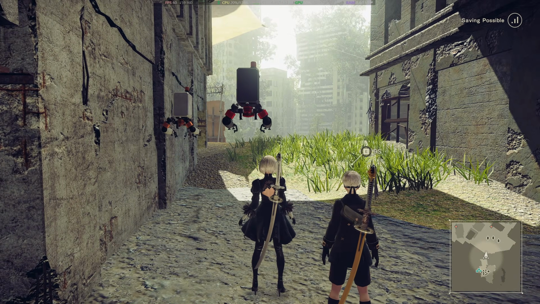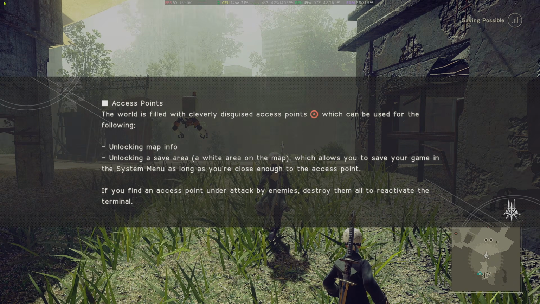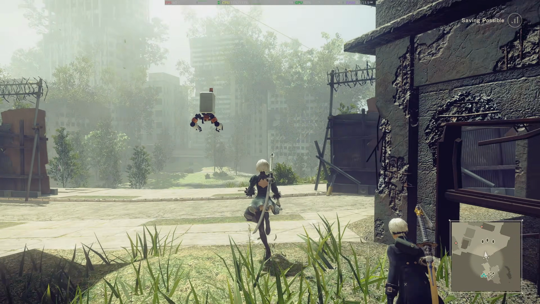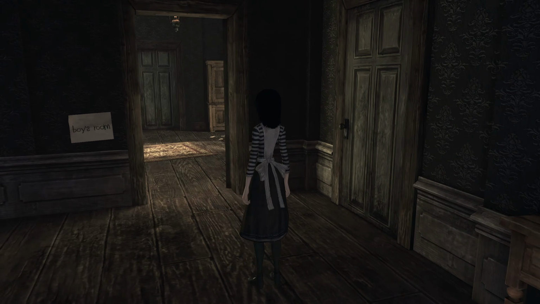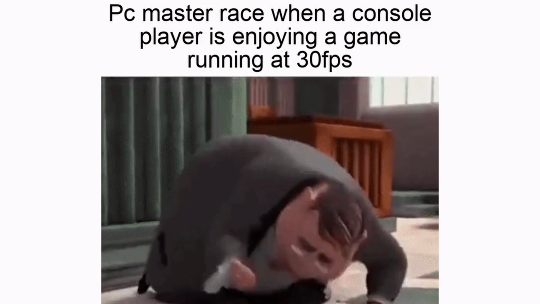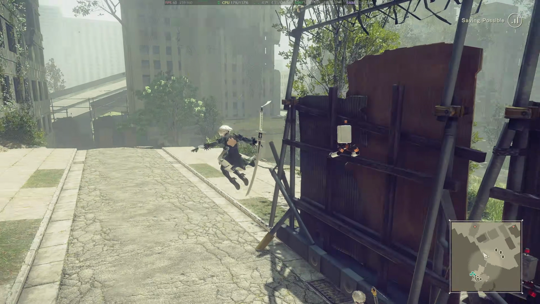If you love playing older generation titles on PC, then sometimes it is a pain to see that the game you love the most is hard-locked at 60 FPS. Even some older PC games are hard-locked at 30 FPS, which is considered unplayable for most of us PC players. But don't worry guys, as in this video, I am going to show you how you can play those hard-locked